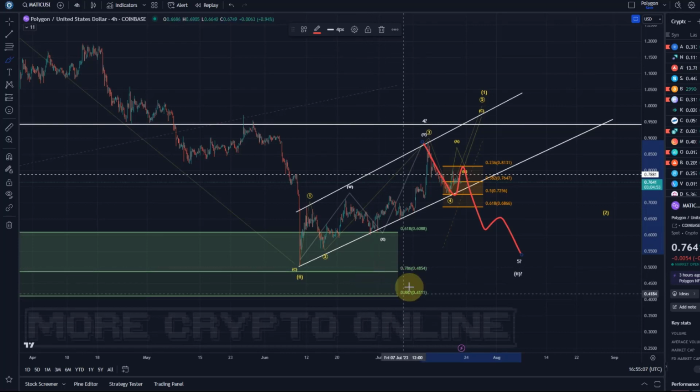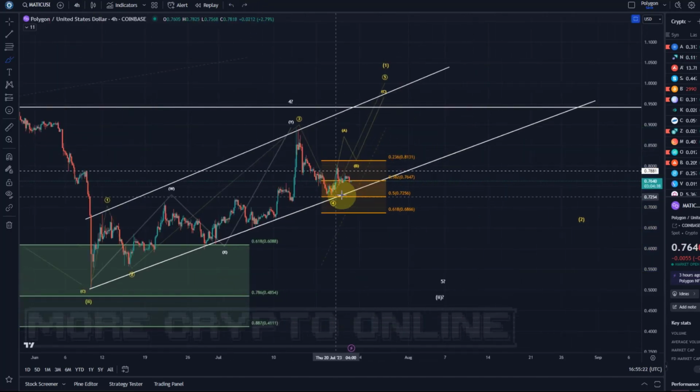And as long as we're holding the green support area, which would then become relevant again, I think there is still a chance to rally afterwards in a 3rd wave. If it can't do it now, then it has another chance, another bullish fallback scenario. But I think at the moment we're just following the trend line. Keep an eye on that trend line. When that breaks, it might be a first warning that we might make a new low below the 10th of June low, but not necessarily a new bear market low. We would then find support at 48 cents and maybe 41.